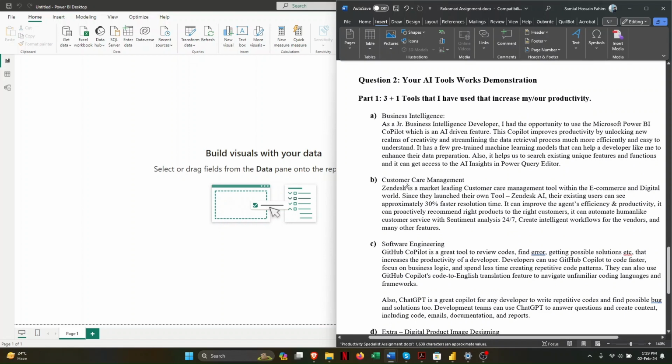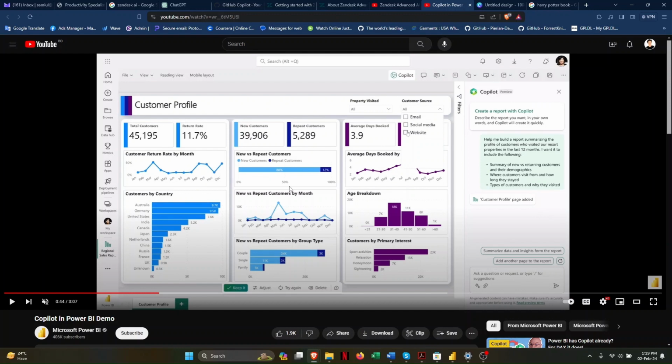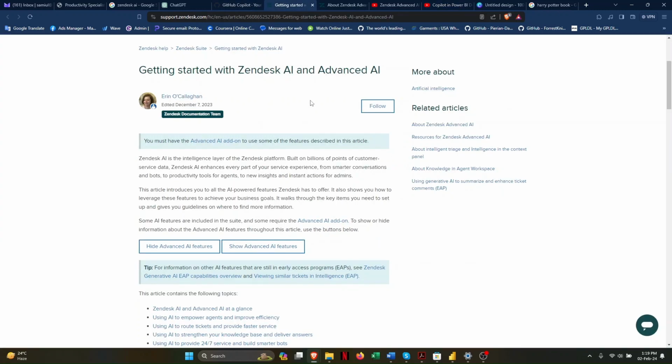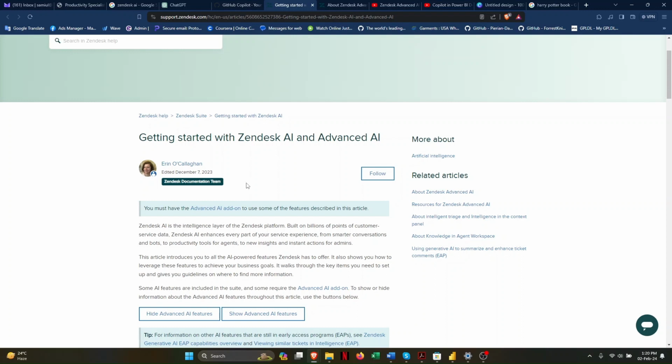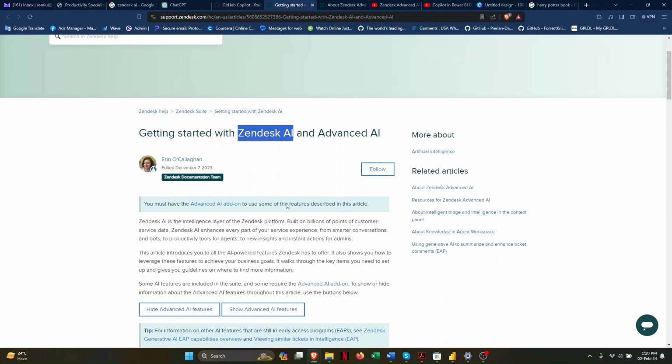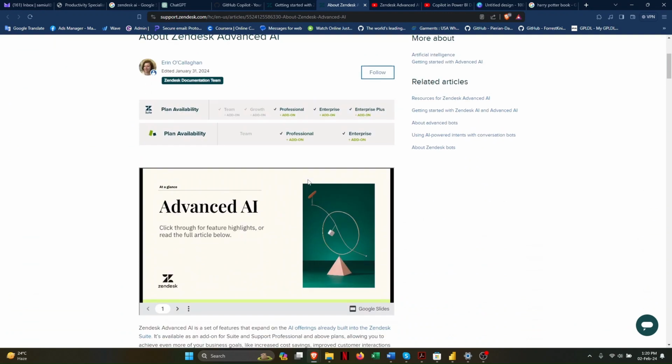The second one is customer care management. During the peak of the AI revolution, one of the most popular customer care management systems is Zendesk. Zendesk can be used to serve the customers, the tickets, and everything. It's the total ultimate customer care management system. During the last year, Zendesk launched their own AI tool that comes with their environment. And about the Zendesk AI,